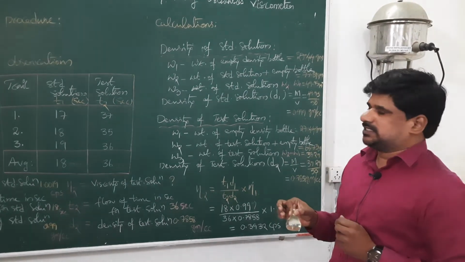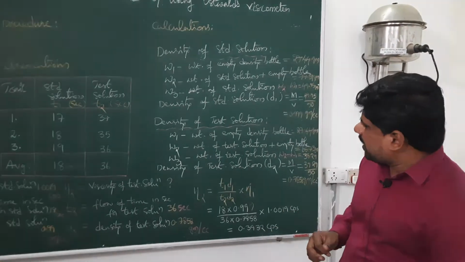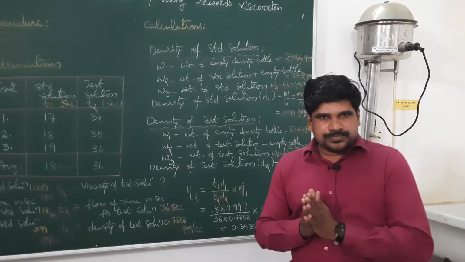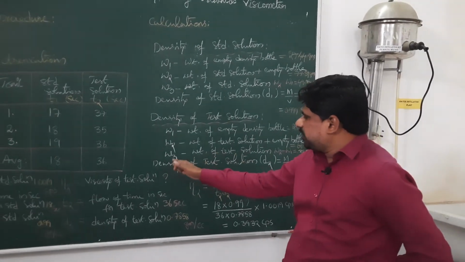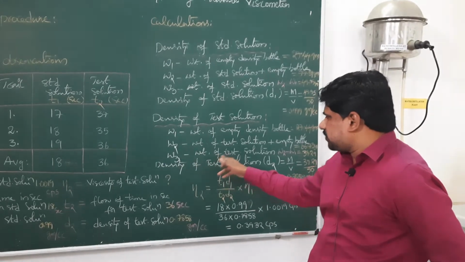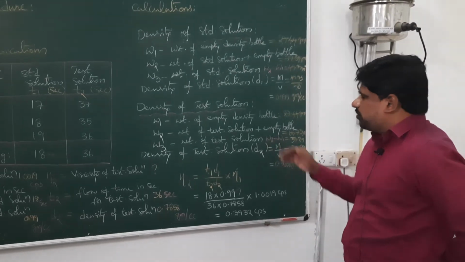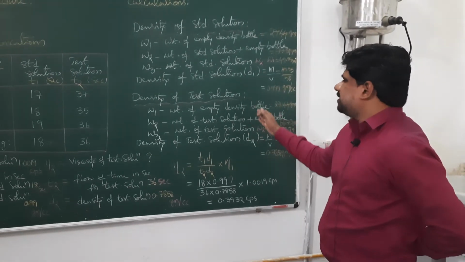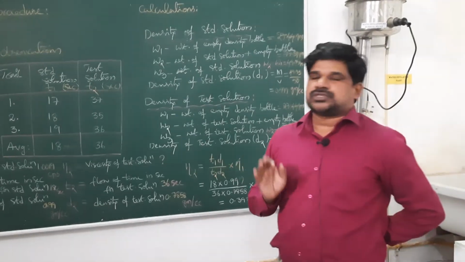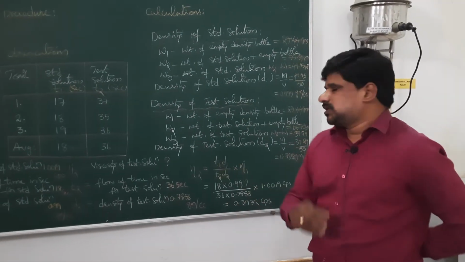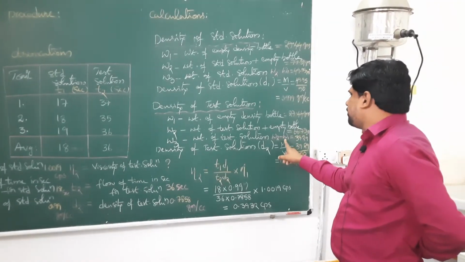And you have to remove this test solution and you will get the accurate test solution weight, which may be calculated as W3 is equal to weight of test solution. We get it by W2 minus W1, and you will get the accurate weight of the test solution, that is the mass. So, mass equal to W2 minus W1,